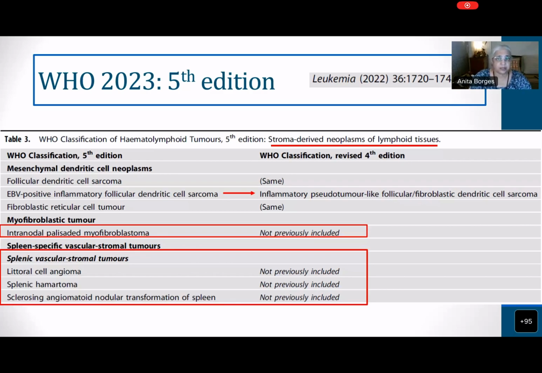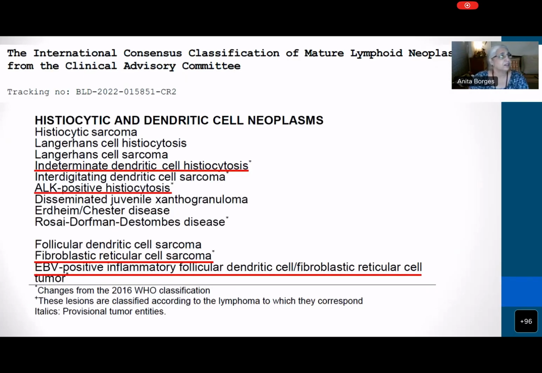Okay, so now we have done this WHO, but I don't know how many of you know there is a group which calls itself the International Consensus Classification. They have come up with a classification of lymphoid and myeloid neoplasia, and they have a chapter on histiocytic and dendritic cell neoplasms, which is almost identical to what was there in 2016, except for these